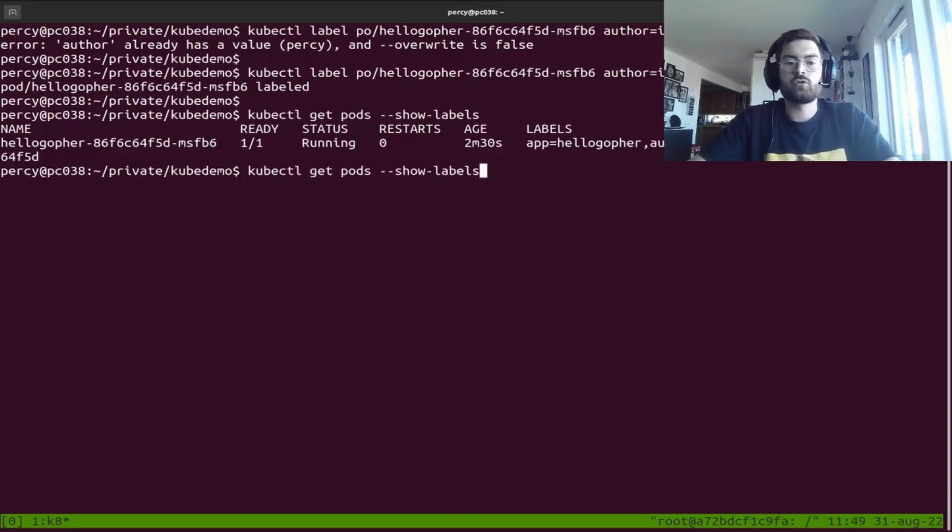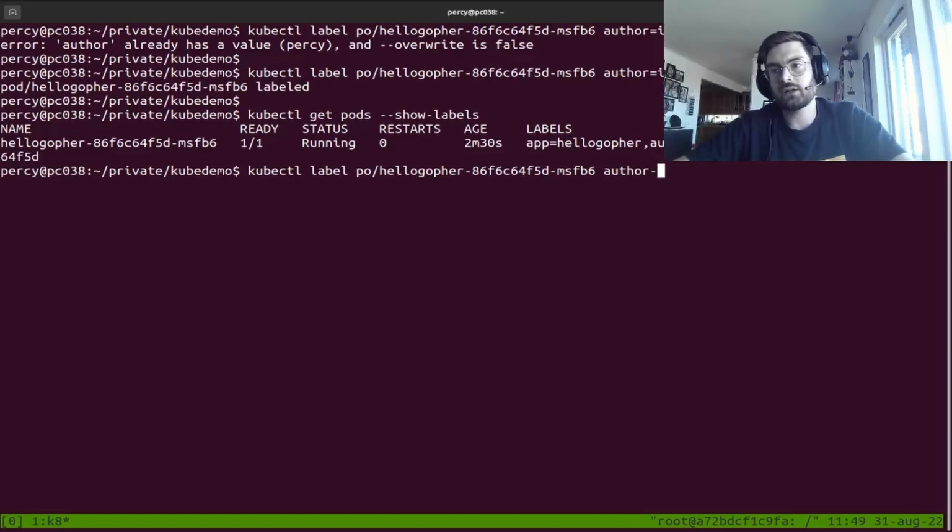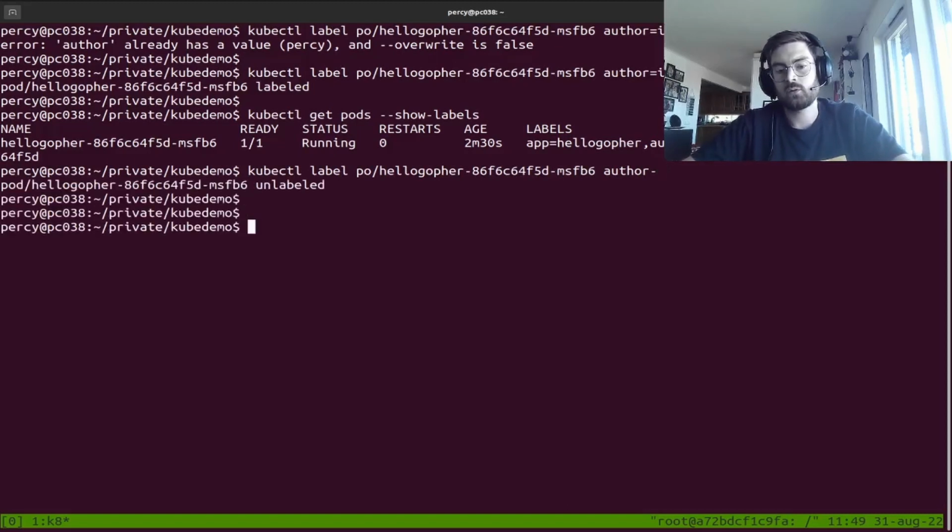And the same thing goes if you want to remove a label. Say that we're actually done with the whole author thingy now. You can do an author minus, and it was unlabeled, so it removed the label for us. So that's pretty good to know that you can modify these labels depending on what you want and what you're